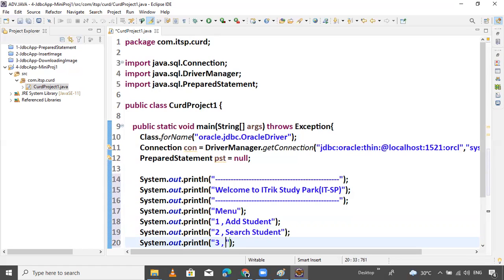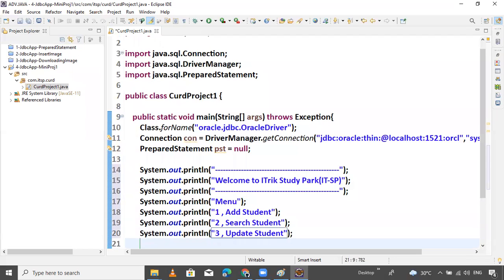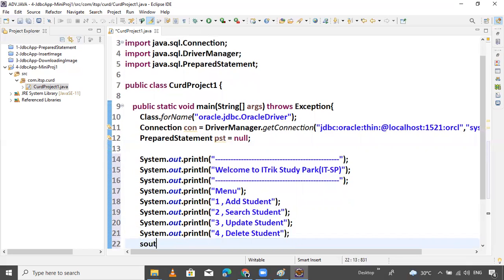Three, update student. You can use sysout, or sys trace also, three ways you can do it. Four is delete student. And simple, exit. If you press 5, exit.